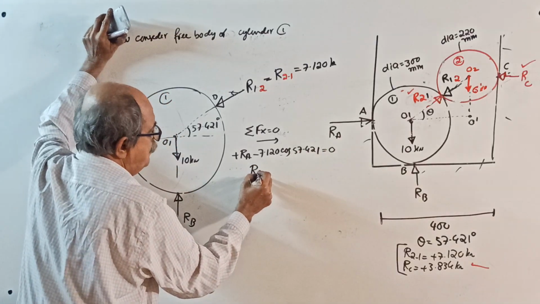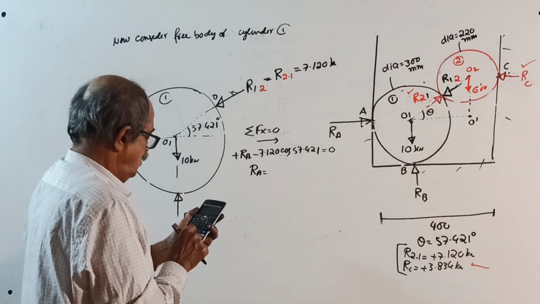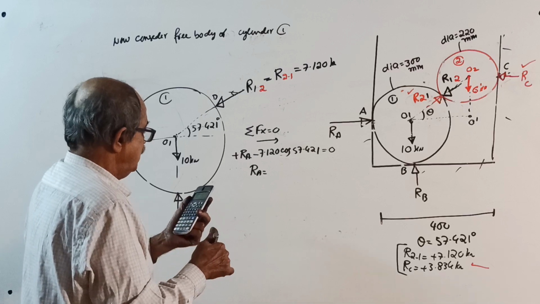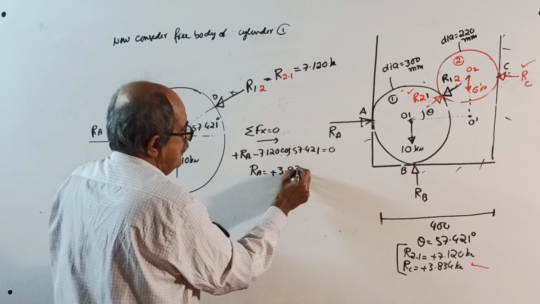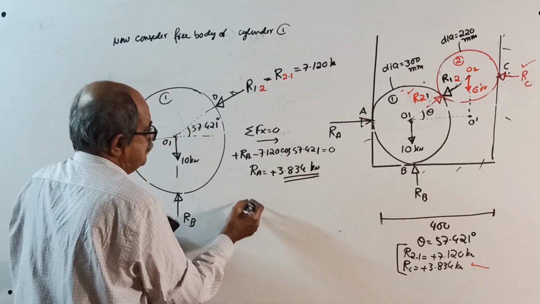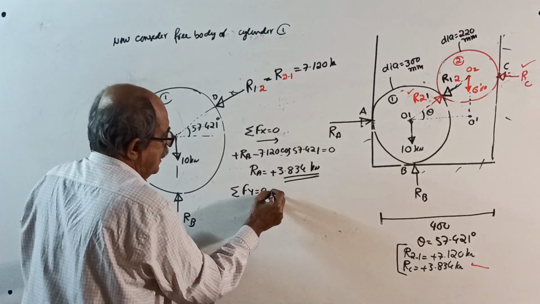You get the value of RA. How much? 7.120 into cos of 57.421, 3.834 kilonewton. Then sigma Fy equal to 0, take upward positive,